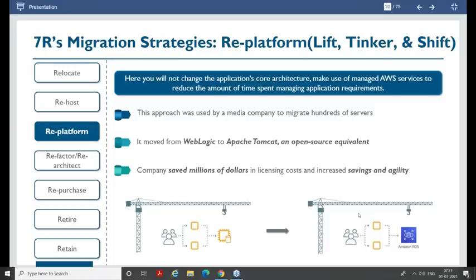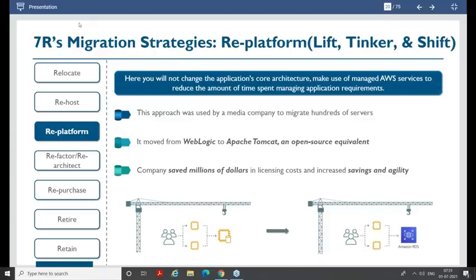So you decide to move to your MySQL RDS. So that is your re-platform. Am I making sense? Where you decide to change your overall platform, okay, so that you can have better cost saving approach.